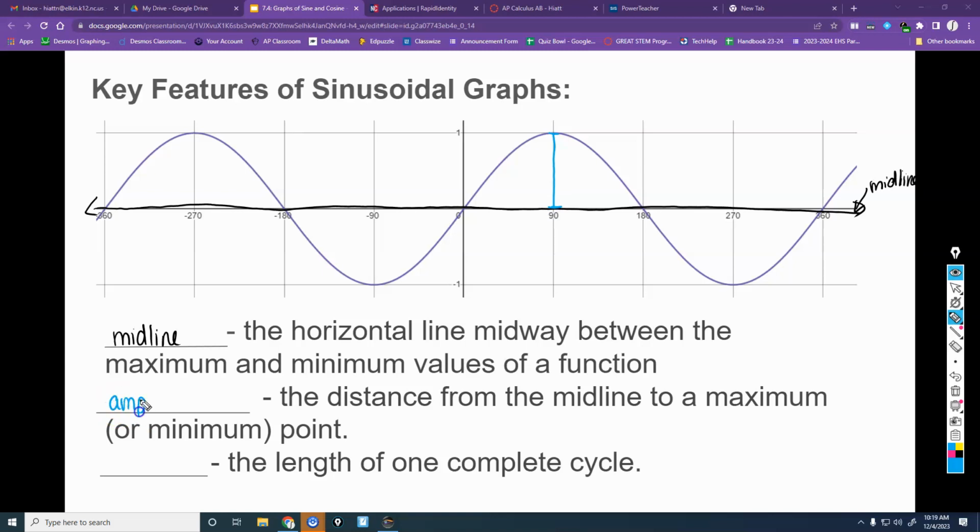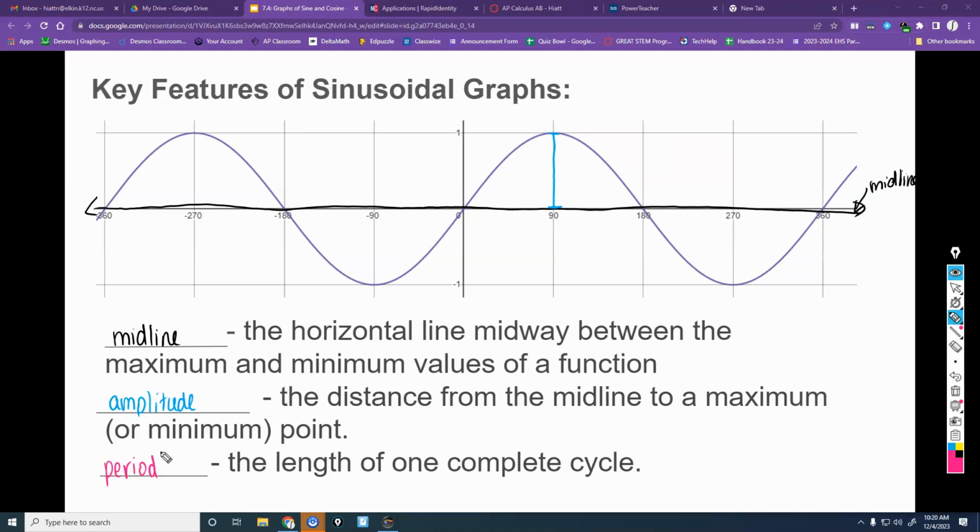Amplitude is the distance from that midline to that highest point. Right? So that is our amplitude. And then the last blank was the period